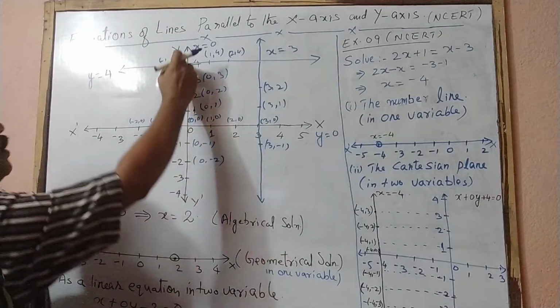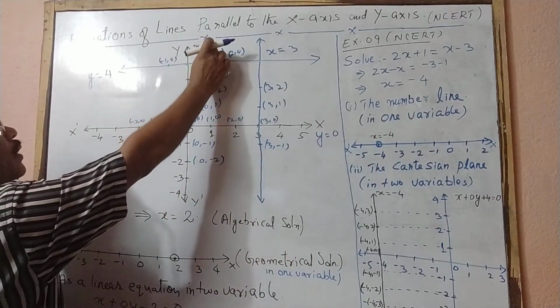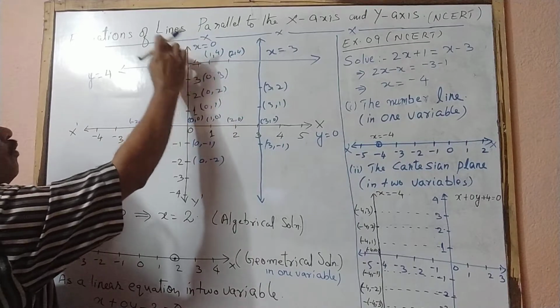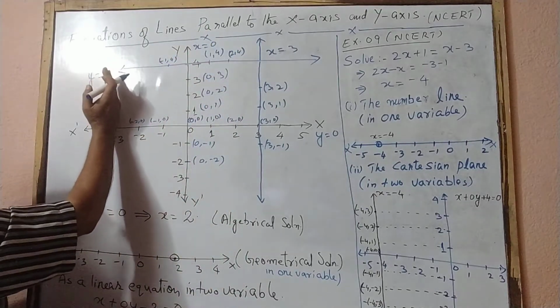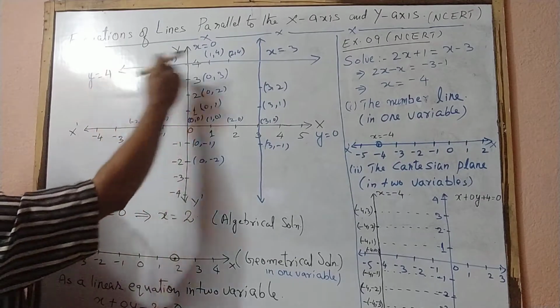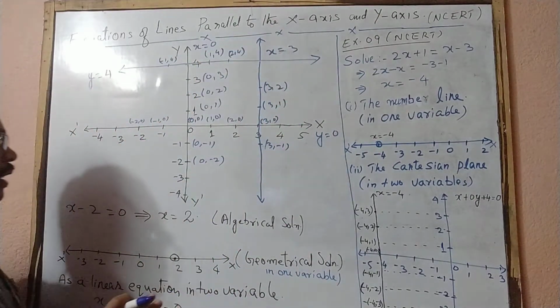Then the equation of the y-axis is x equal to 0. So all the graphs which are parallel to the y-axis will be x equal to something. Now let us take